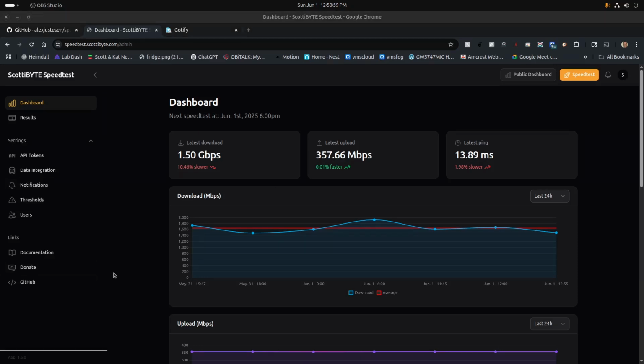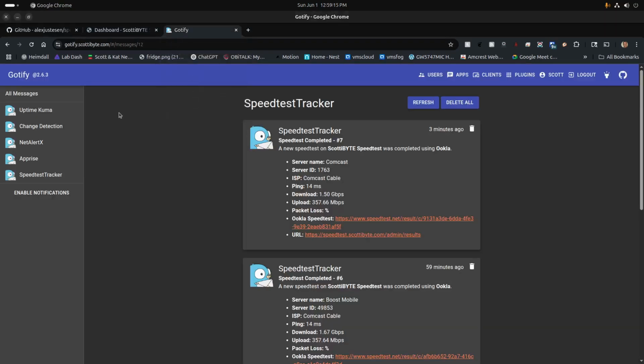One of the things that I really appreciate about utility programs like this is if they have a notification mechanism. And as I showed you earlier in the notifications section, we have the ability to specify a notification system. So here I have my Gotify, and you can see that it is tracked responses from the Speedtest Tracker server. In this particular case, it says that it bounced off of Comcast, and it says what the ping was, what the download was, what the upload was, and you can even go ahead and click on the link for the